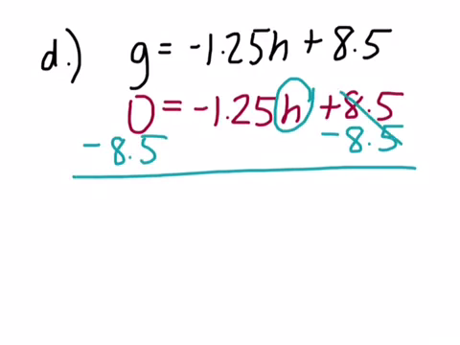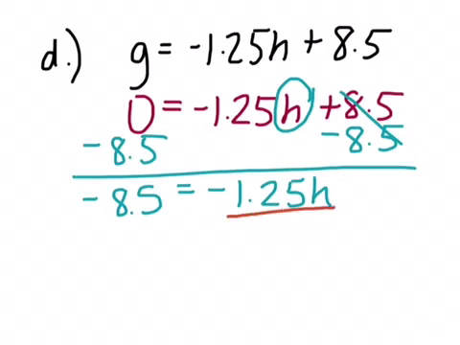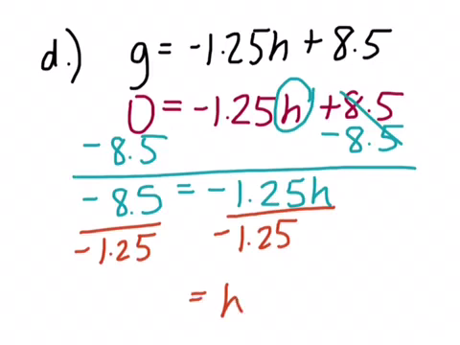So that cancels on the right side. 0 minus 8.5 is negative 8.5. Then we have negative 1.25 times H, and we undo that using division. When we put negative 8.5 divided by negative 1.25 in our calculator, we get 6.8, and our units here are